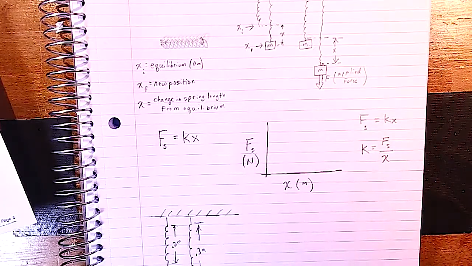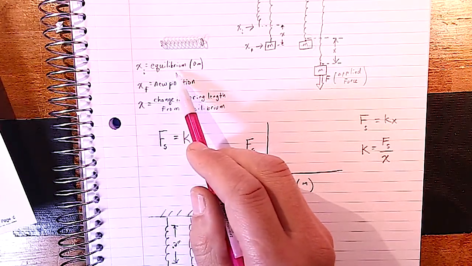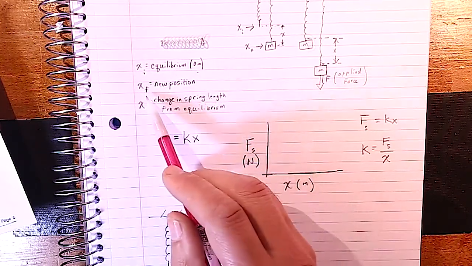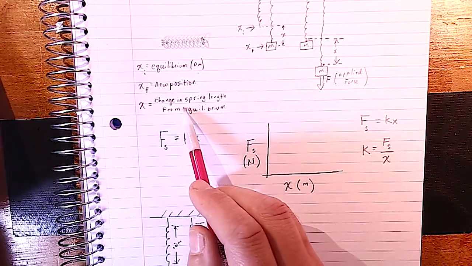So what is x initial? That's our equilibrium position that we choose somewhere on the spring, or it could be the mass, which we label 0 meters. X final would be our new position,